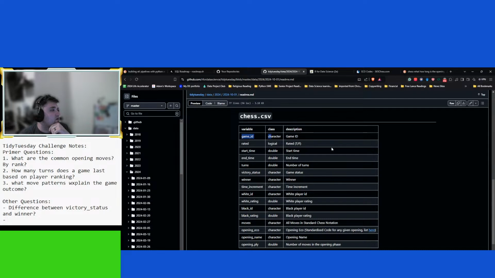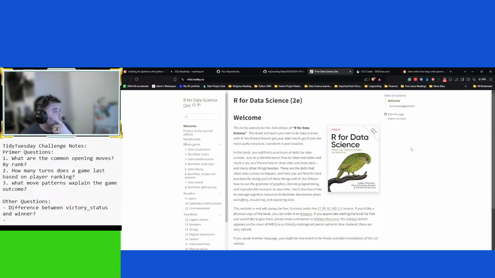Oh, this is the game. Okay, never mind. So the game ID is just the ID for the particular game that was played. Yeah. So our player IDs are going to be the white and the black ID. Okay.